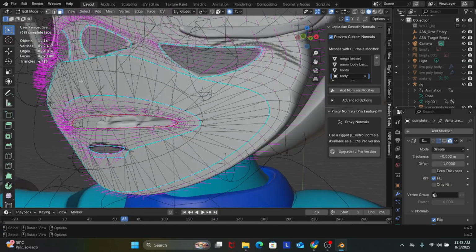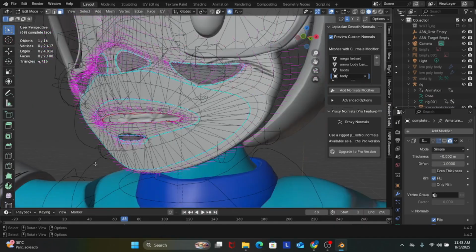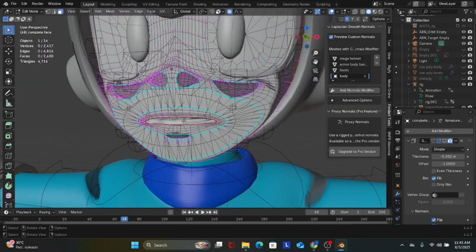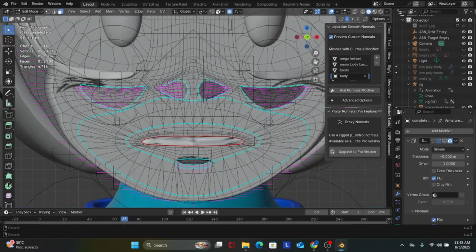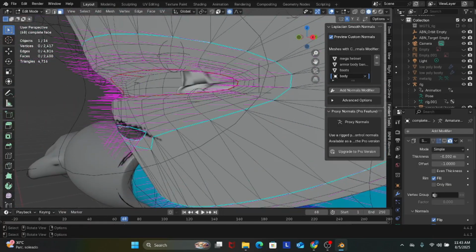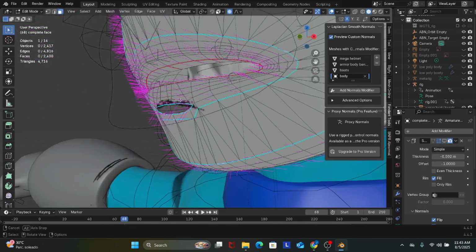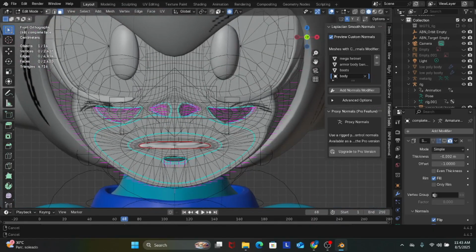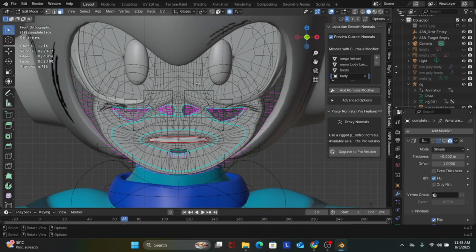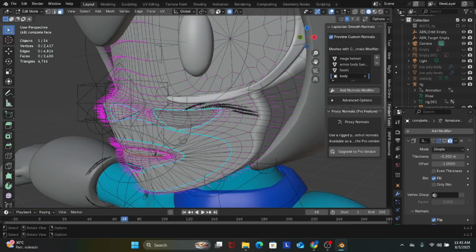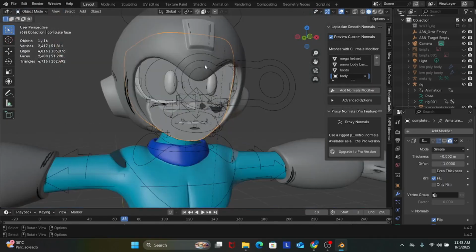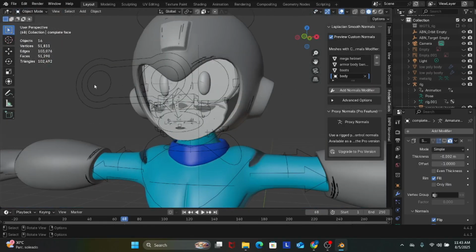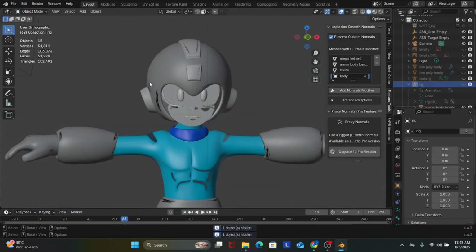I also added this small parting here for the shadow under the mouth, and I designed the shadows in consideration of the classic Megaman style of shading in the cartoons and in the Japanese media. It is somewhat simple compared to other anime shading, but I think it is somewhat interesting because of that. Now I'll show off the render view so you can see it, and this is without the black